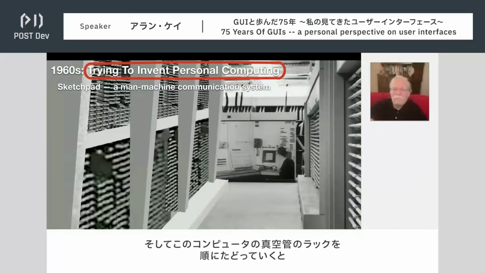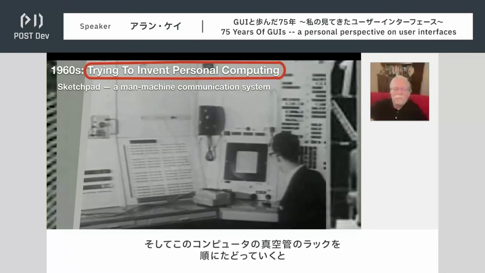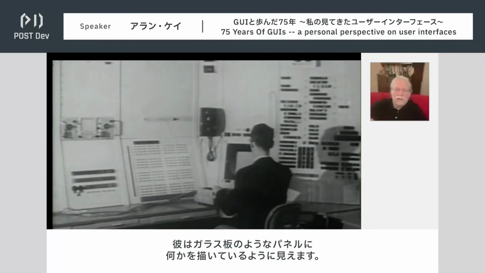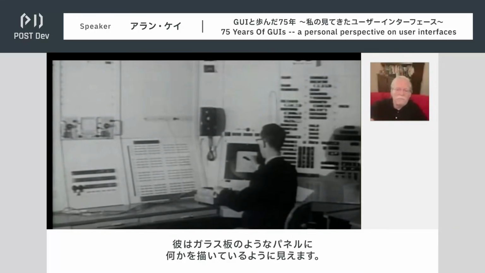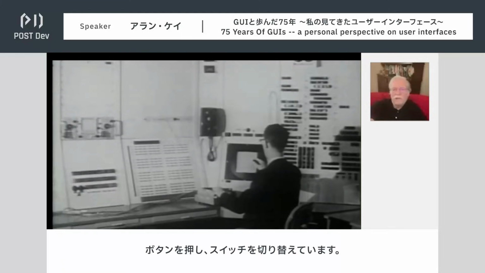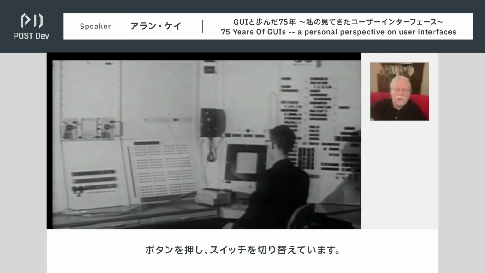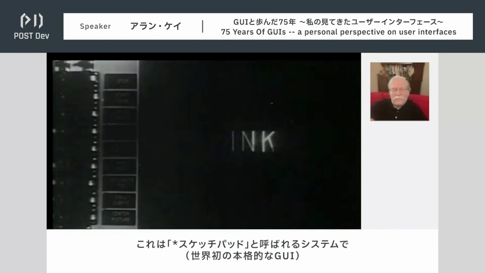And if we go down through the racks of vacuum tubes of this computer, we see him at work. It looks like he's drawing something on a glass panel there. He's pushing buttons. He's clicking switches. And here's what he's doing.